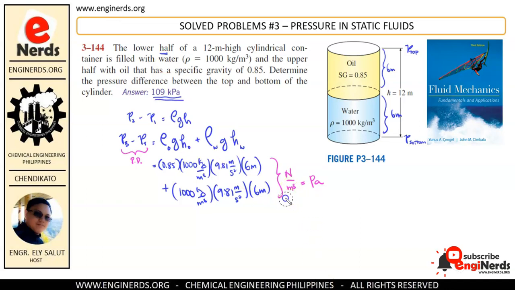So let us include the conversion factor dito, no? So, we will multiply our terms by 1 kilopascal over 1,000 Pascal. The same here, 1 kilopascal over 1,000 Pascal. Okay? So, therefore, our pressure from the bottom minus pressure from the top is equal to 0.85 times 1,000 times 9.81 times 6 divided by 1,000 plus 1,000 times 9.81 times 6 divided by 1,000 is equal to